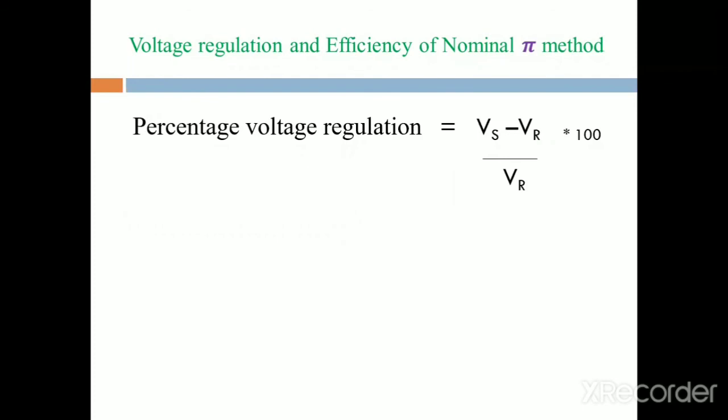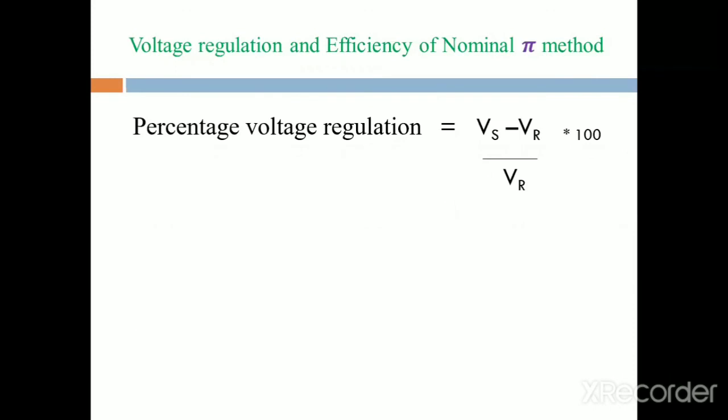The medium transmission line is basically divided into 3 types on the basis of the connection of capacitance. First one is the end condenser method. In that end condenser method, we have a separate equivalent circuit diagram, a separate phasor diagram, separate voltage regulation and efficiency formulas, and the sending and receiving end currents and voltages are separate in the case of the end condenser method.